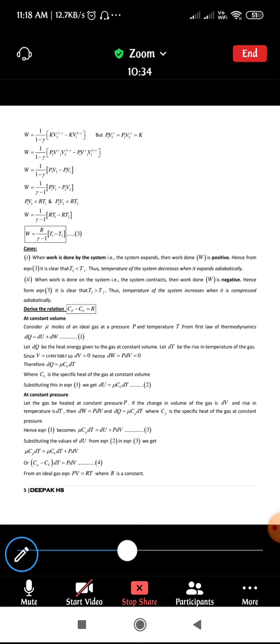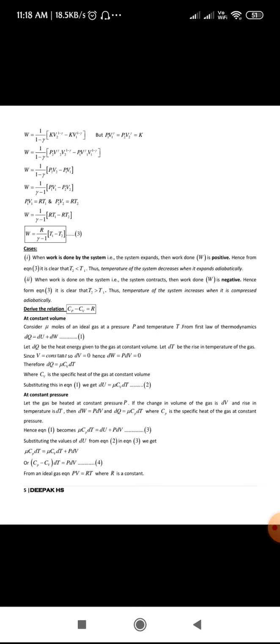Next, we have to derive the relation Cp minus Cv is equal to R. This derivation I'll do in the next class, because the derivation we have is in another form. In the NCERT, they have derived this relation using the differential method. That differential method has not been updated in these notes. So as I said, just give me 2 days, some corrections have to be made in these notes.